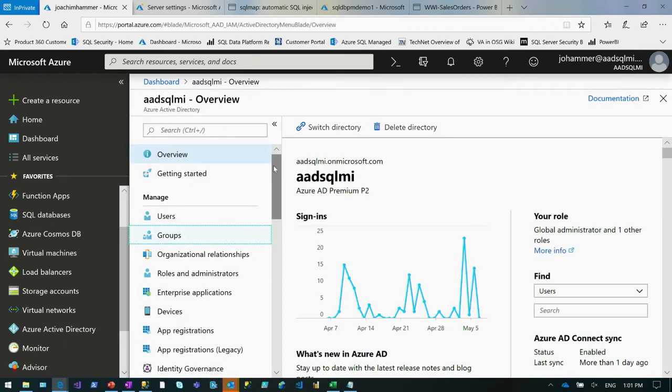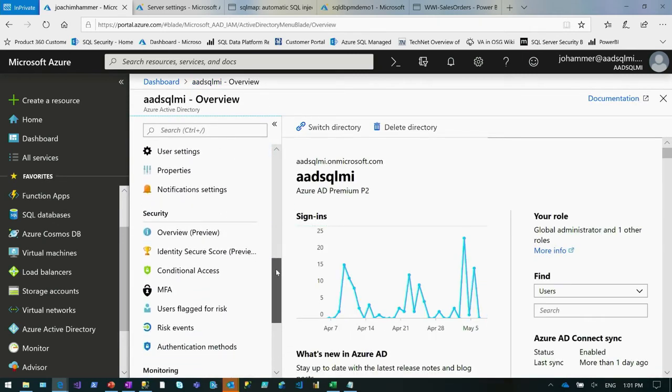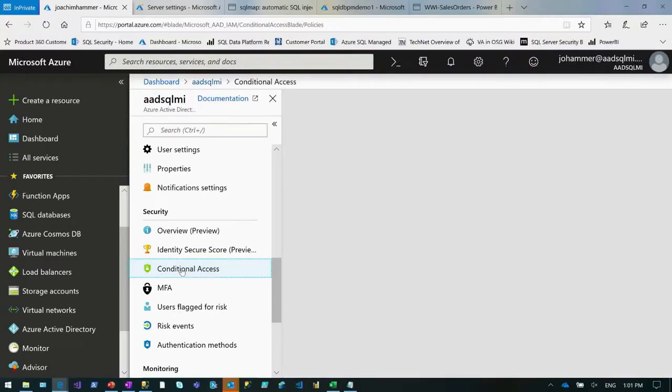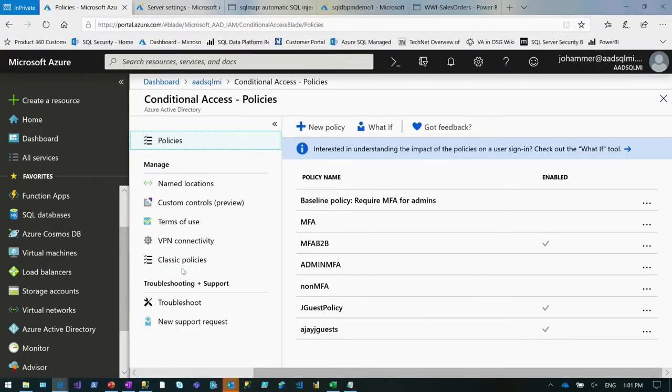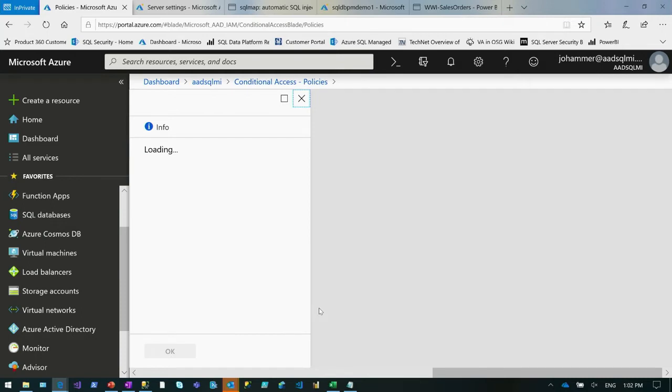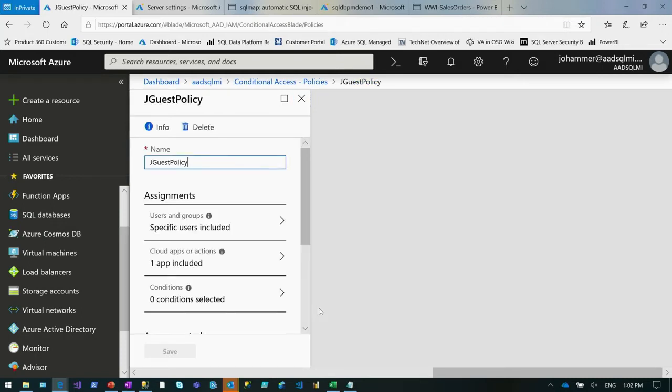So back to our directory, there's a cool feature called conditional access. And conditional access is, again, one of those tools that helps you walk that fine line between making it very convenient for your users to access your apps versus ensuring that the right set of controls, security, is applied to them. So for example, with conditional access, and let me actually walk you through here, I have a conditional access policy, JGuest policy, and that's going to be applied to this group of guest users,